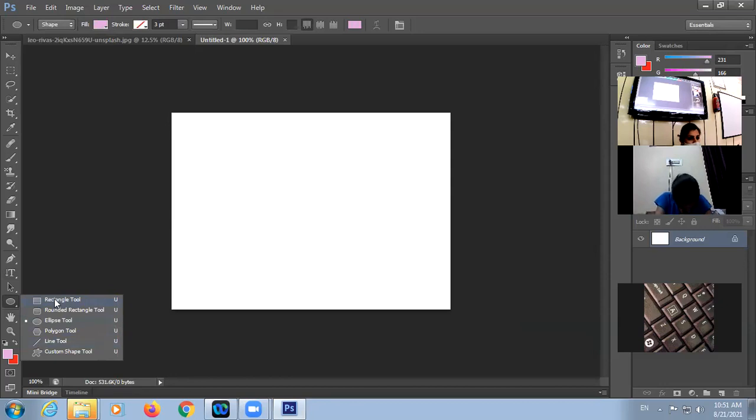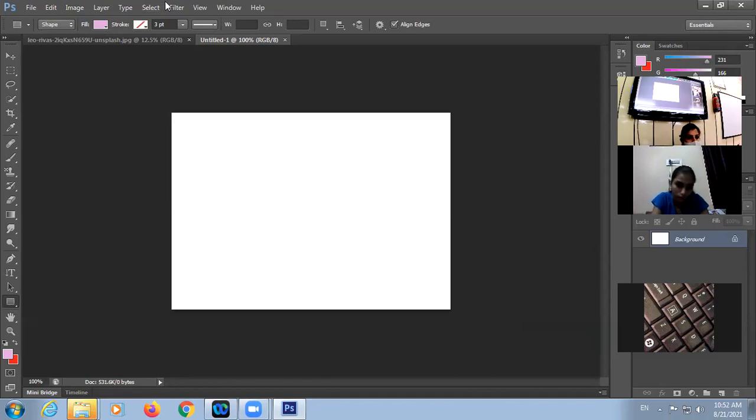The shapes tool. What are the basic shapes that are available? Rectangle, rounded rectangle, ellipse, polygon, line tool. These are the basic shapes which are available. For example, if I'm picking up the rectangle tool here, now look at the properties available with respect to the rectangle. Here you have to choose a shape because we are going to draw the shape. So you will not take a path here. Second thing, this is a fill color that you want to fill inside the shape.